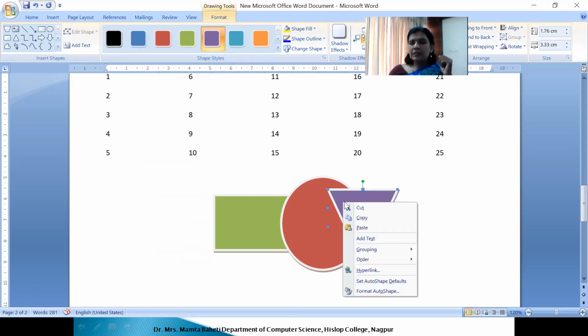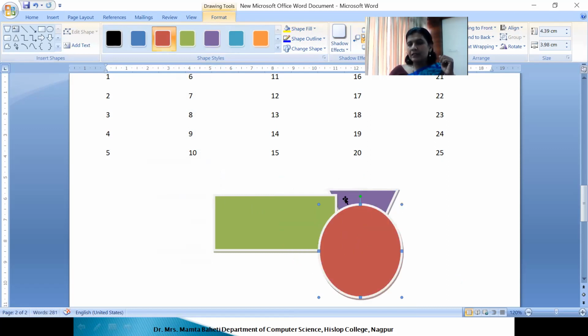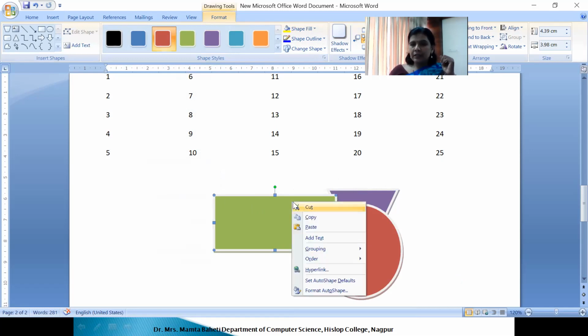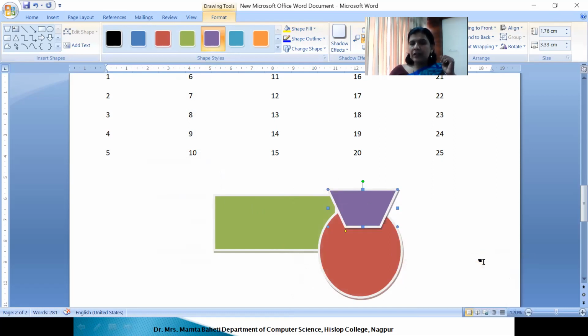If I select the object, click on order and send to back, it will send that image to the last one. You can see purple has been sent to the last one. If I select the last one, order, bring to front, it will come on the top.